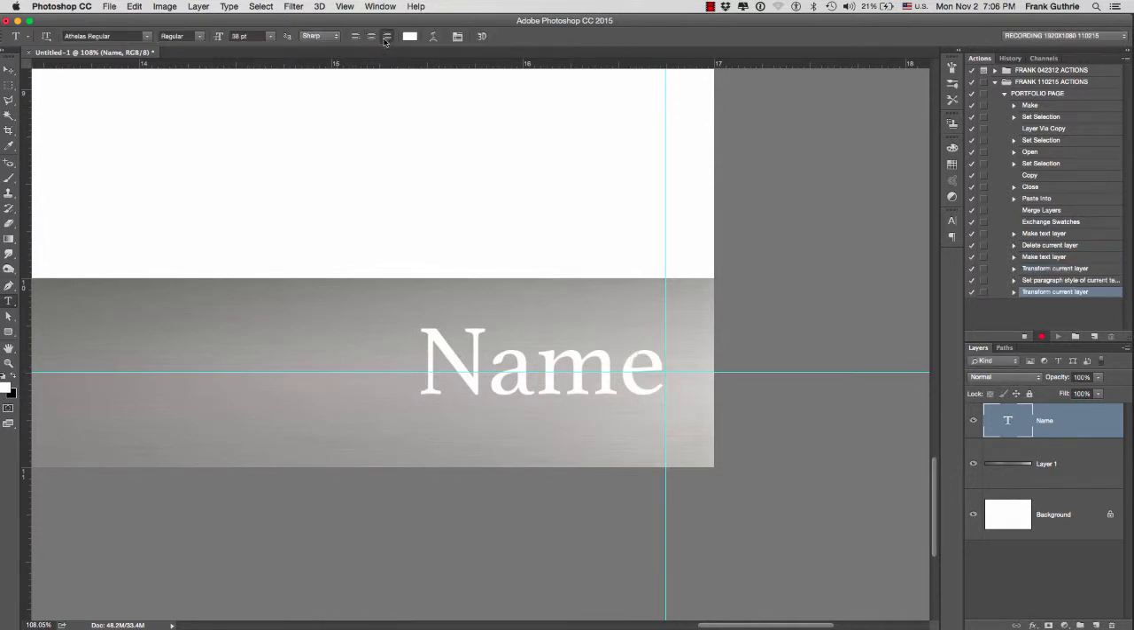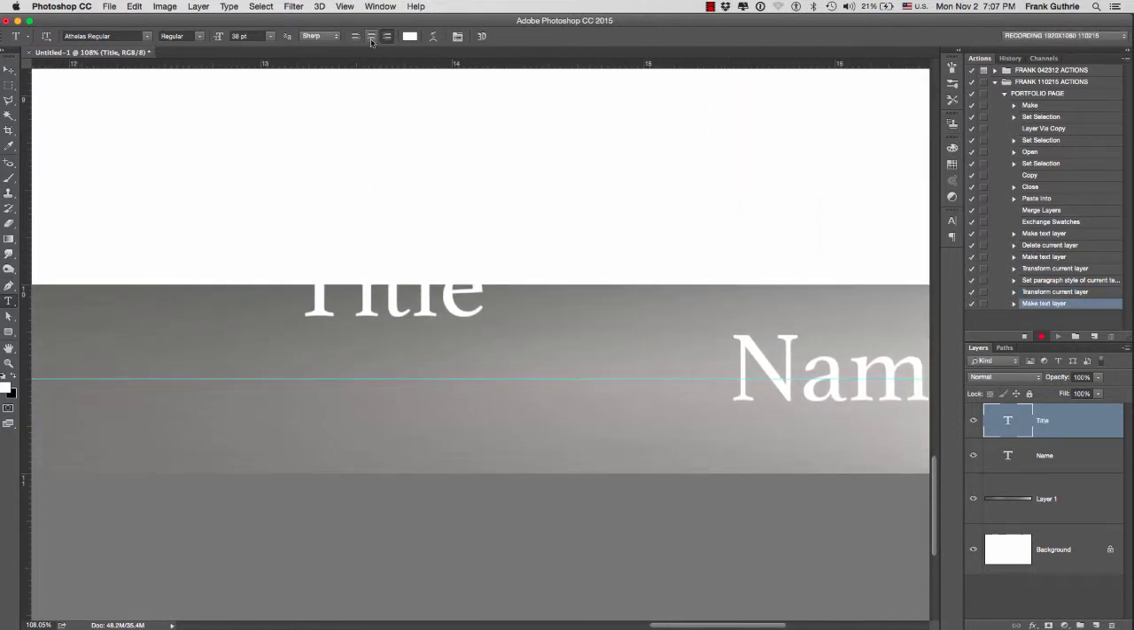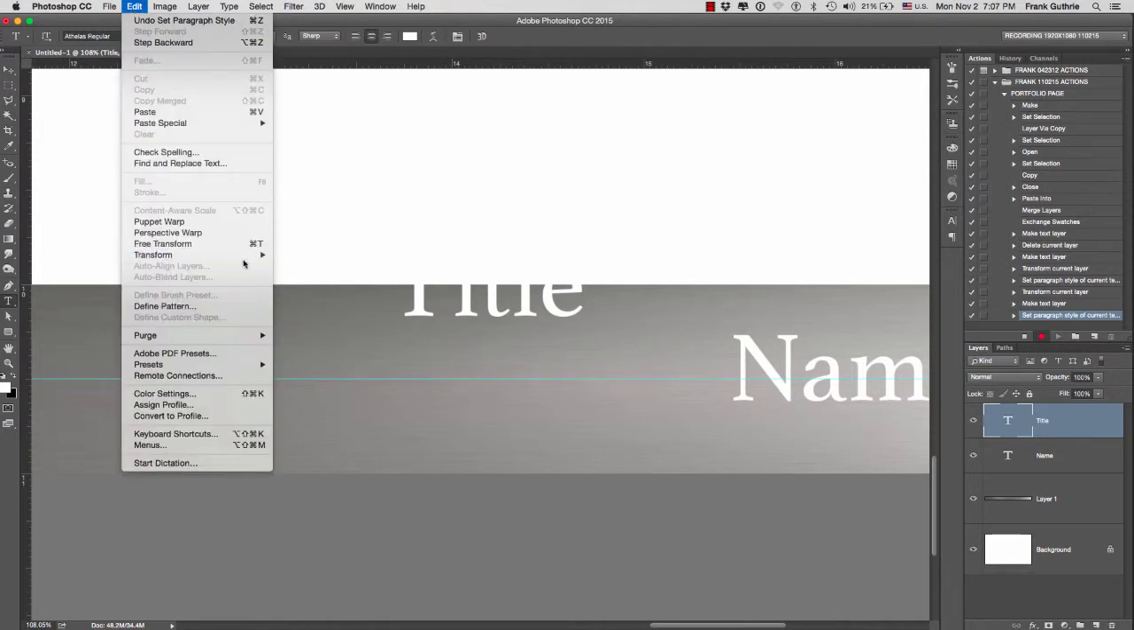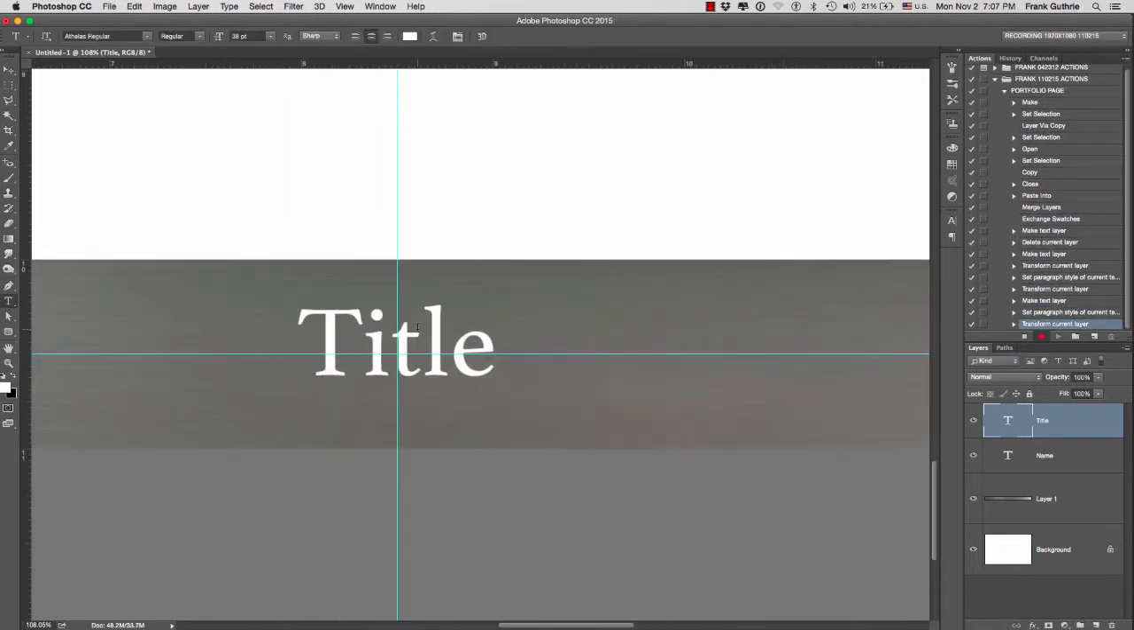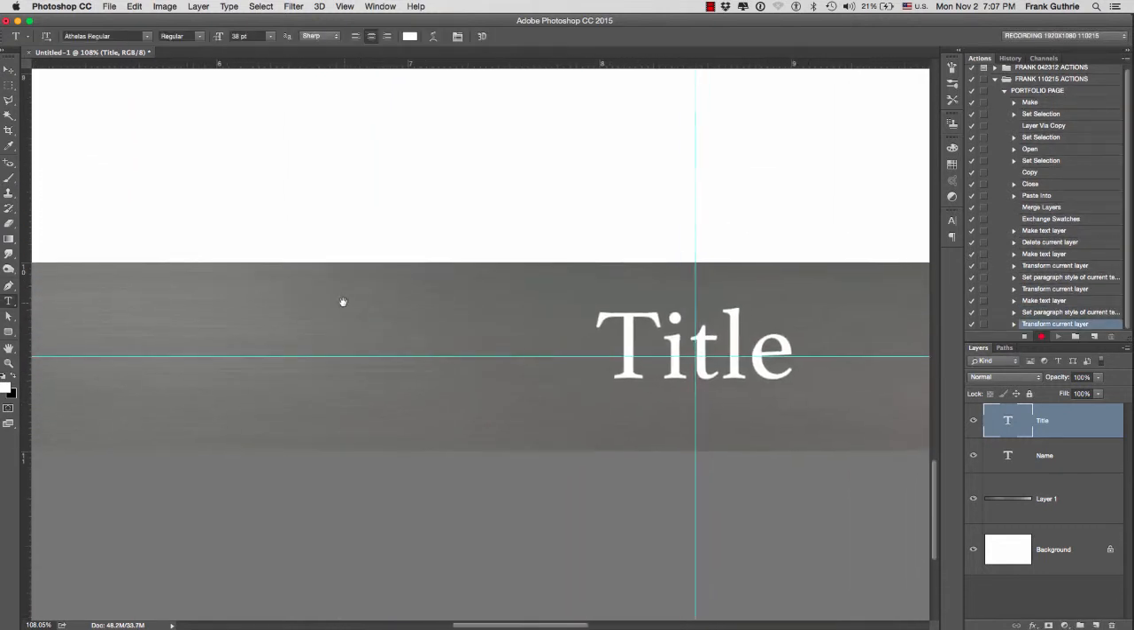Now notice that this text layer right here is right justified. Now if I was to create a new text layer, for example right here, make sure that the first text layer is not selected. Then type in title for the title of the page, hit enter, and now I can center justify this text layer. Go to edit, free transform, move it to the center of your file,